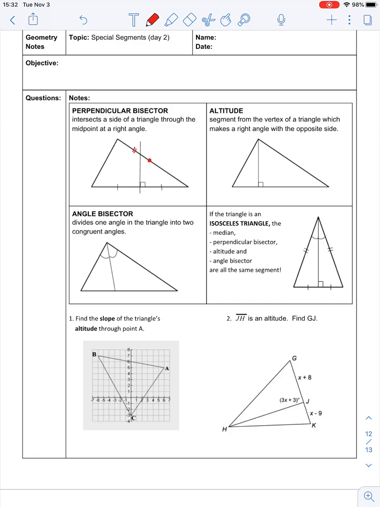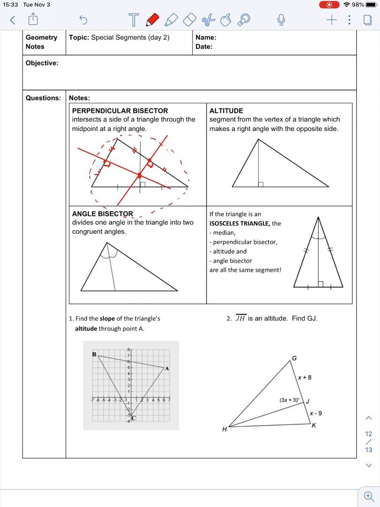If I were to look at this one here, if I were to split this in half and draw a side that intersects at a right angle, and if I were to do the same thing here and draw this perpendicular bisector in, what's interesting is if I draw them right, they all intersect at a point. Now that point's called the circumcenter, and that would be the center of the circle that would go around where the triangle would have all of its points on the circle. Now again, you don't have to memorize that part, you just need to know what a perpendicular bisector does, but